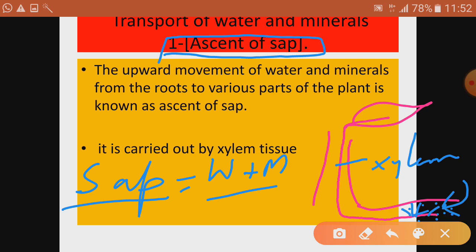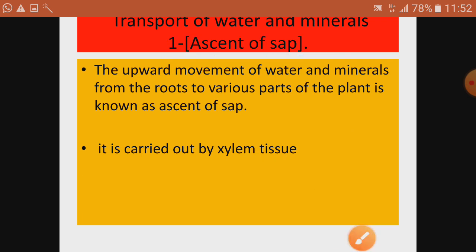Okay, and then it moves in upward direction, and many theories are given by different scientists citing the reason why and how the water moves in the xylem. So xylem is a kind of pipeline system, and in xylem the water moves upward, and the movement of water, that is water plus mineral, that is sap, is in unidirection. Unidirection means single direction, that is from roots to the leaves. Now different theories are there for ascent of sap. Now we will study them one by one.